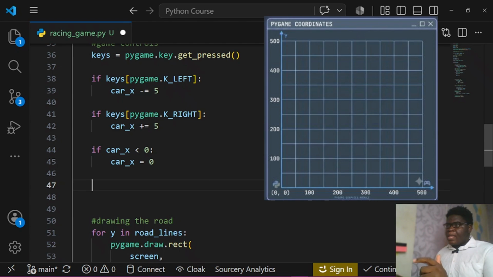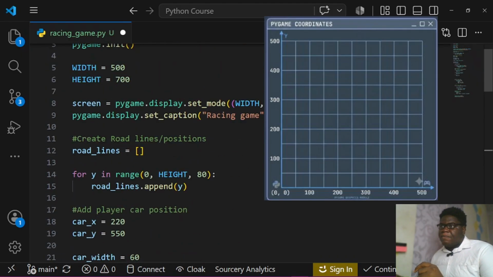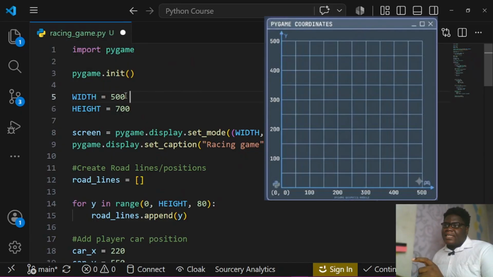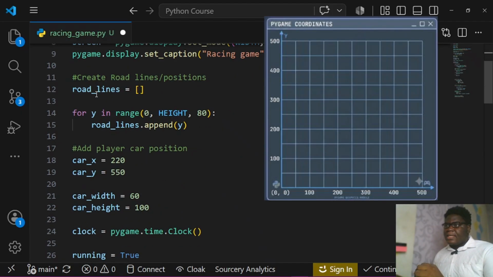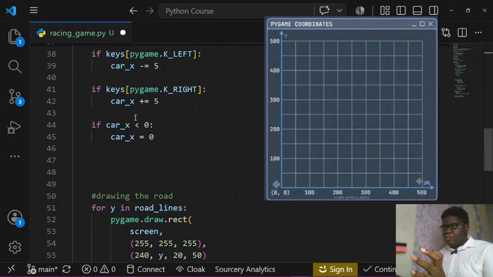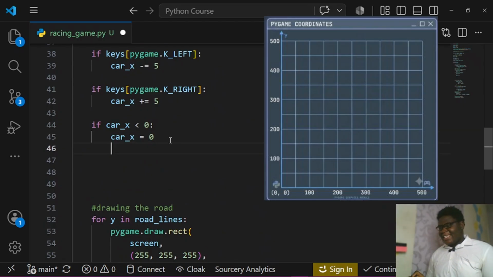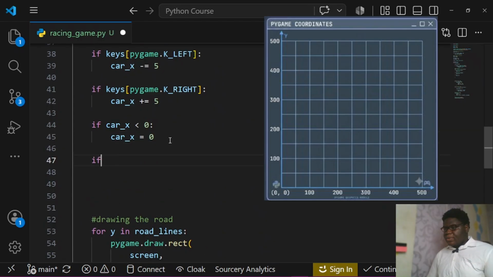It makes sense. But for the other side of things, you realize that the dimensions, this part is the width. This part is the width. So we would have to use our width variable over here to be able to get those bounds. Again, I may not be going into too much detail, but catch me in the PyGame course and you'll be fine. So again, we say if car